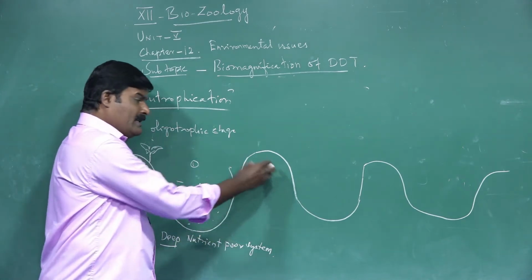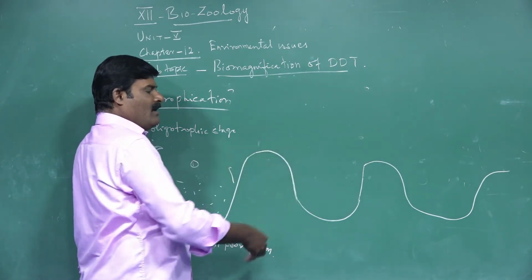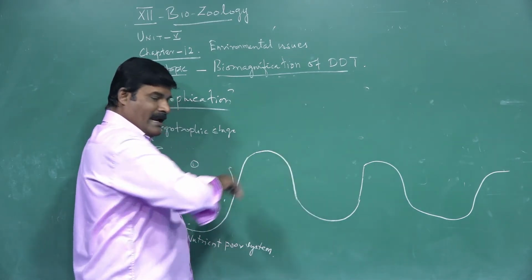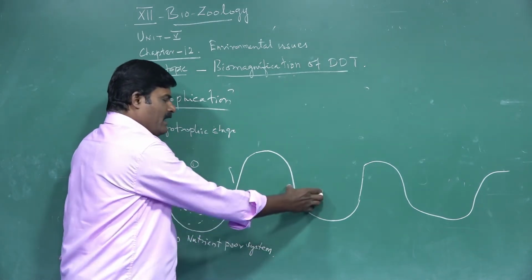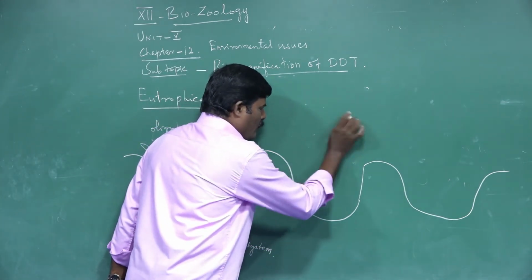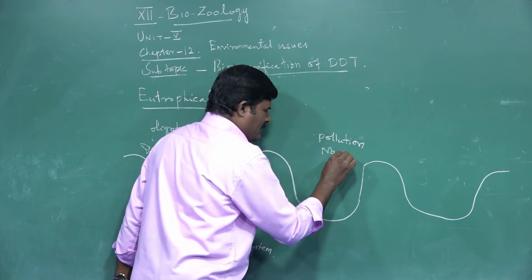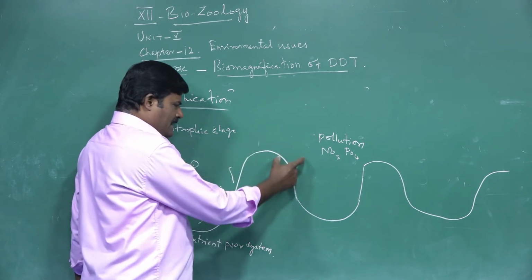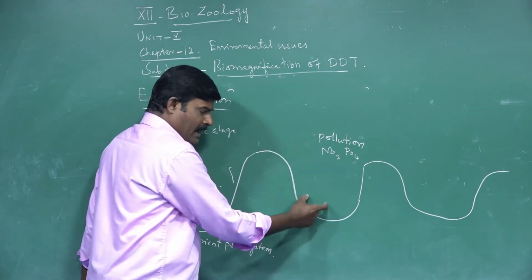Then with time during this process, streams drain into the lake. Streams carry nutrients from one place to another, directly draining into the lake. So immediately the nutrients in the lake increase, such as nitrate and phosphate. One is nitrate, next phosphate. When nutrients such as nitrate and phosphate are introduced into the lake, immediately